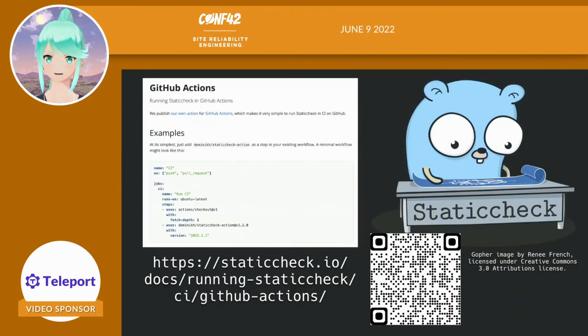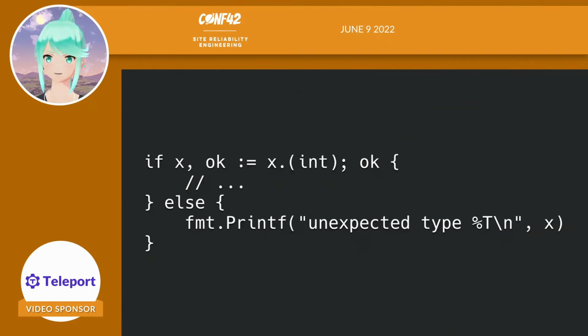In addition to using go vet checks, you can also use staticcheck with this GitHub action. This will automatically download, install, and run staticcheck on your code. Staticcheck catches a wide variety of errors that go vet considers out of scope. Here's an example of a more complicated problem that staticcheck can catch, but go vet can't. The reason why there's a problem here is that Go lets you make variables that are scoped to if statements. This lets you write code like this.